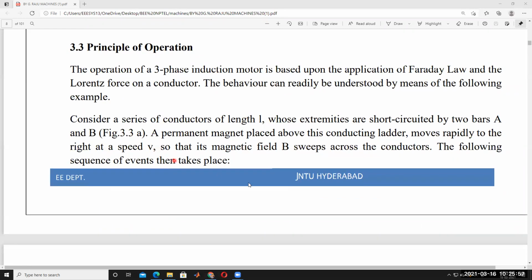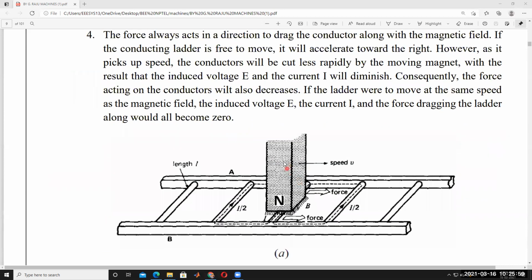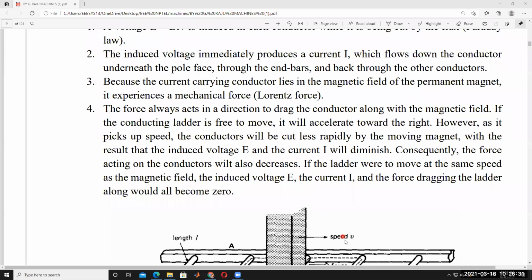This permanent magnet has a north pole and a south pole. Similarly, the rotating magnetic field also has a north pole and a south pole. The flux is linking to the rotor and is rotating in the stator winding. The magnetic field is rotating on its stator, and it cuts into the rotor conductors. The stator rotating magnetic field rotates and that rotating magnetic field cuts the rotor, with a speed of v.